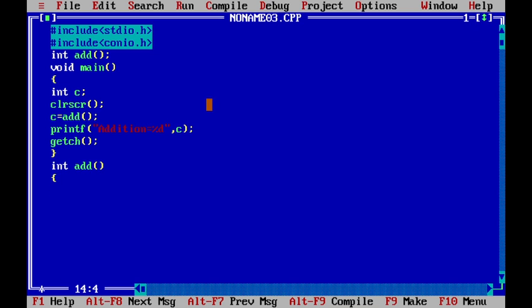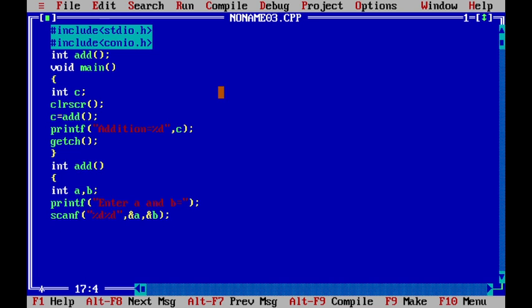Now we want to write the definition for the user defined function, int add. Take two variables, integer a, b, printf enter the values of a and b, scanf %d %d, &a and &b.